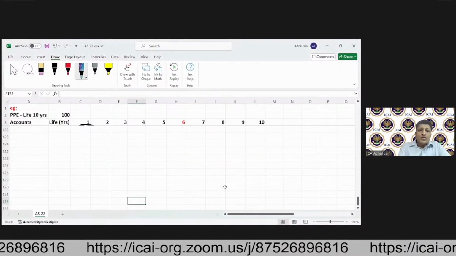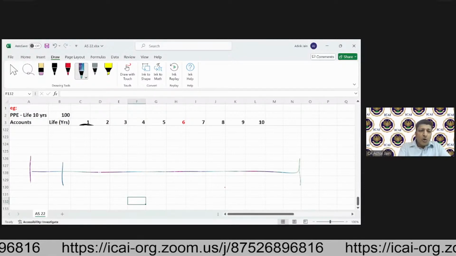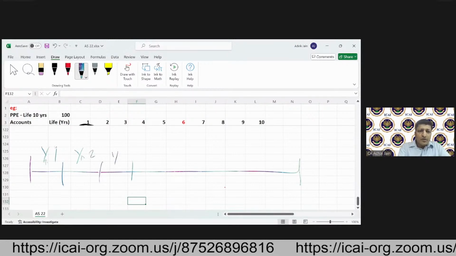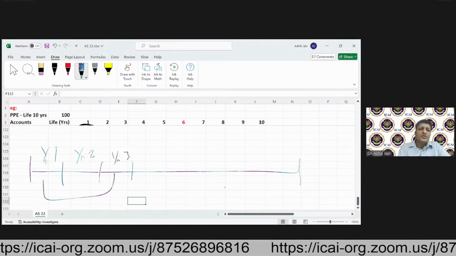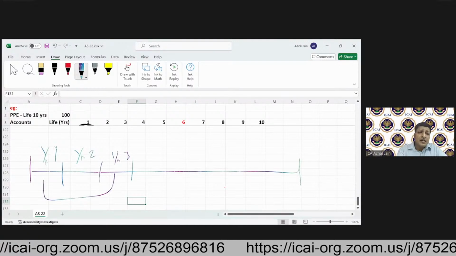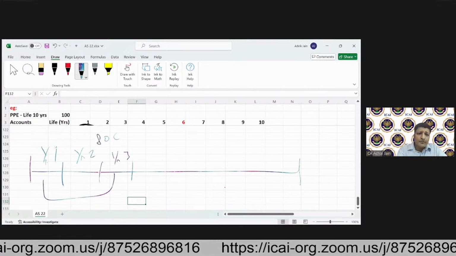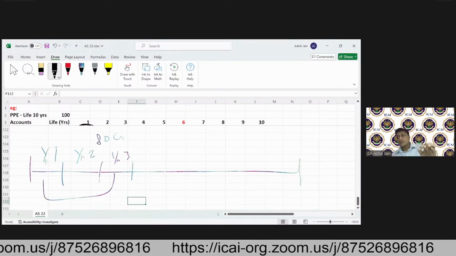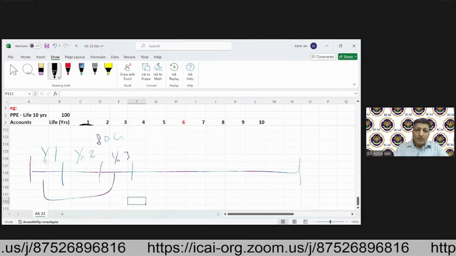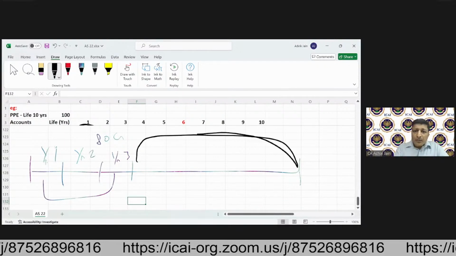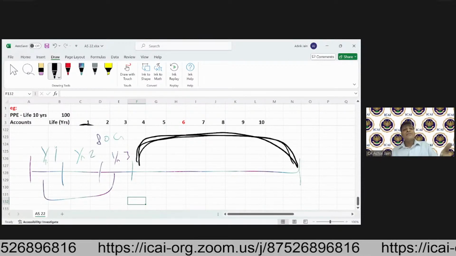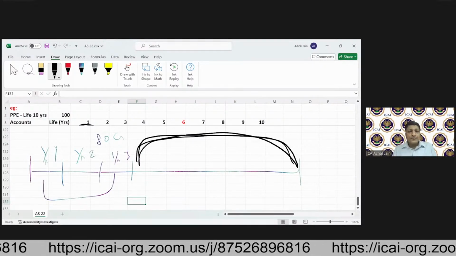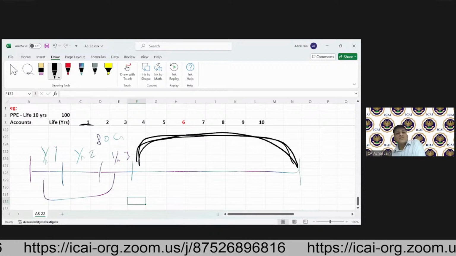Suppose a company has been incurring losses year on year. Say year 1 there was a loss, year 2 there was a loss, year 3 there was a loss. We discussed that, let's suppose, in these 3 years the company has incurred a loss amounting to say 80 crore. Now, in the future years, the company needs to find out